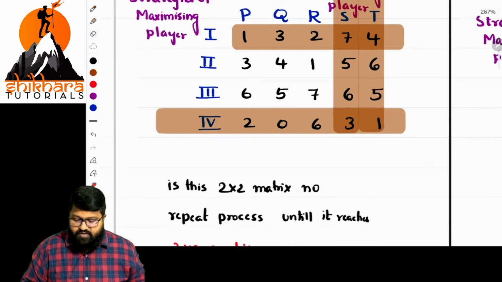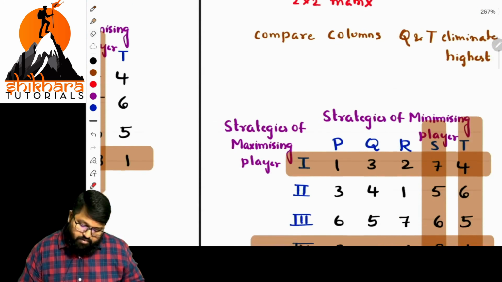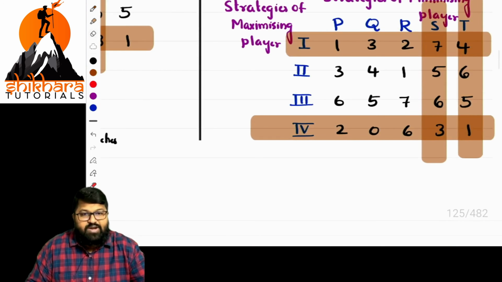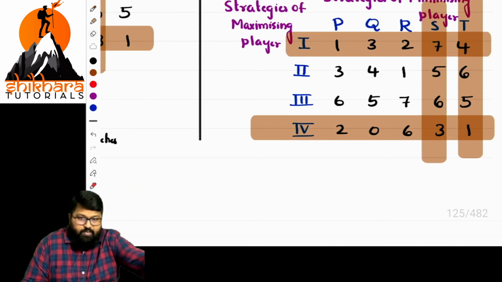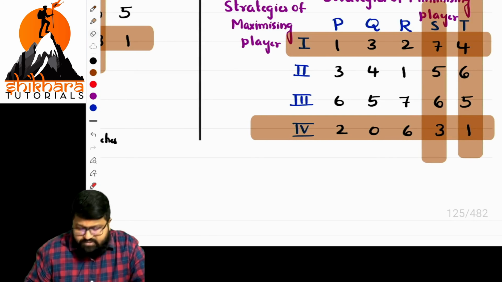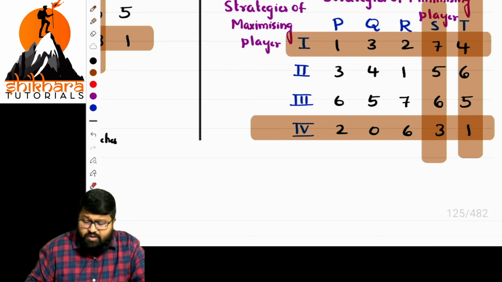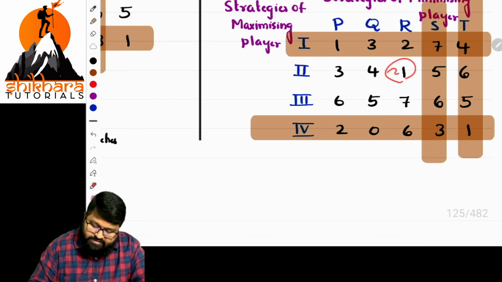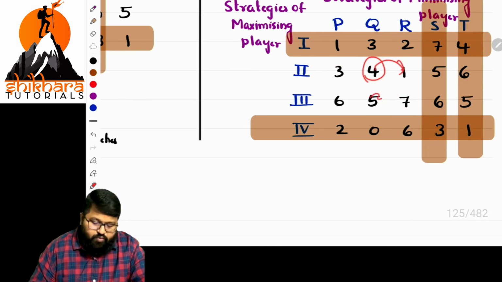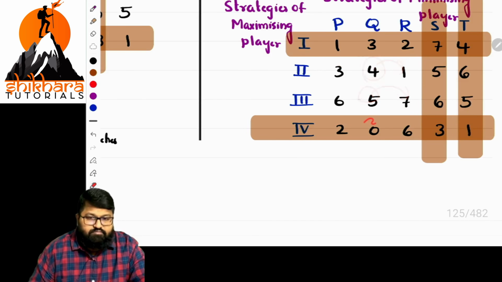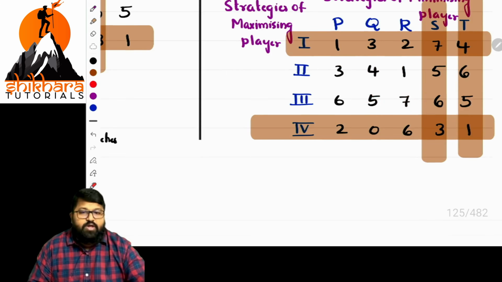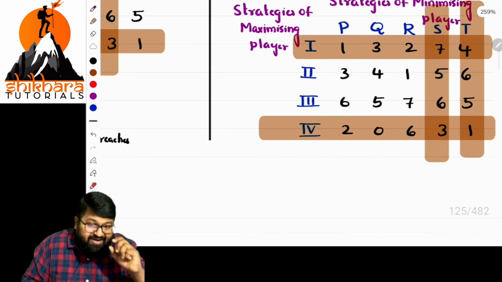Okay. 3, 4. In this case, 3, 4, 1, 6, 5, 7. Here, what is the point, ma'am? Let us have a check process once. Here, is there a chance for highest values? When compared to 1, is it highest? Yes, highest. Not gone there. When compared to 4, is it highest? No. When compared to this, highest? Least. So it's gone. Here we have to apply a concept called average.